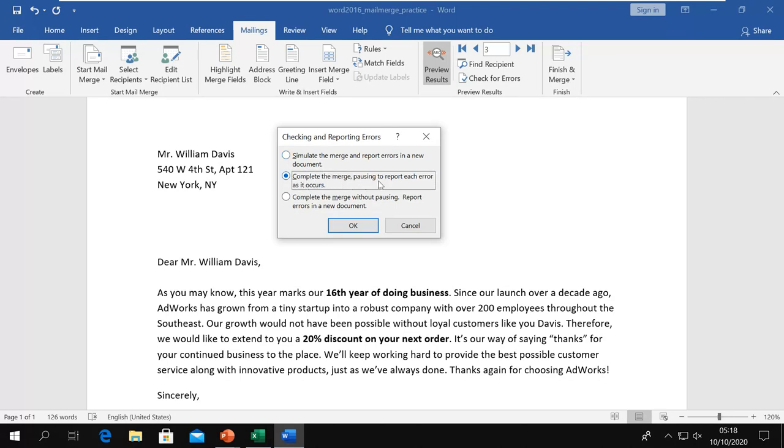Complete the merge, pausing to report each error as it occurs: it will start the process from all the six steps, and if any error comes, it will stop. Complete the merge without pausing, and report errors in a new document: this option will complete the whole six steps without pausing, and it will send the report in a new document.